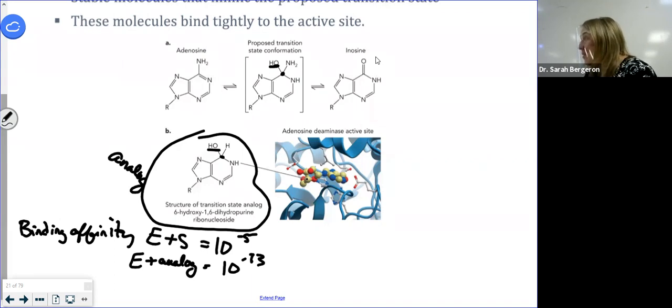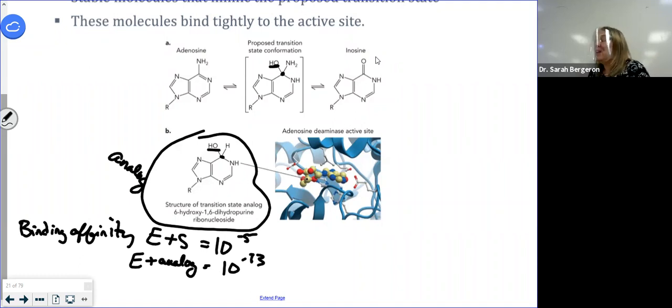Insanely large. So this is the really cool part, you can use medicinal chemistry to actually treat biochemical disorders, right? Because I can block an enzyme with this. If you have higher affinity for this analog and it's stable, it'll hang out in the body, that's great. It's going to block this enzyme that I want to block for whatever reason, right? So I can use this as a drug design tool. Isn't this awesome? So the 10 to the negative 5 and the 10 to the negative 13 is the difference in